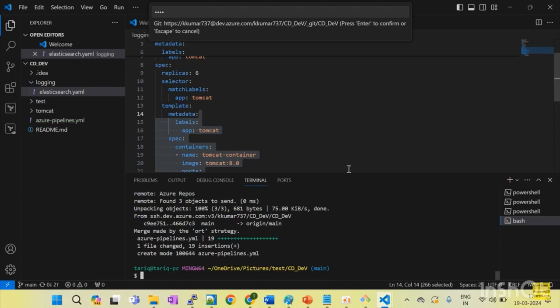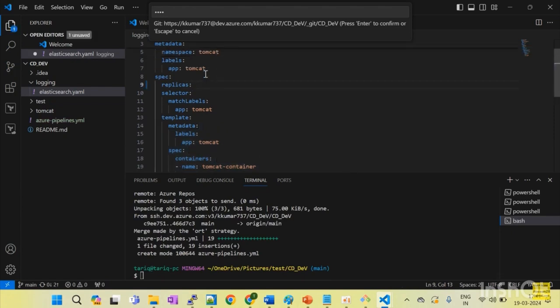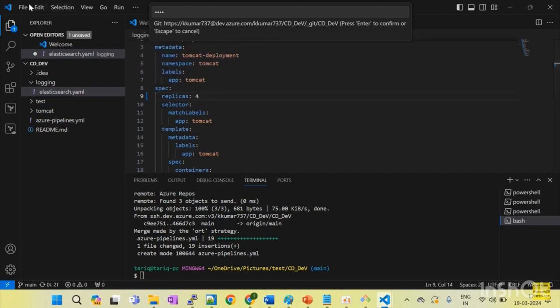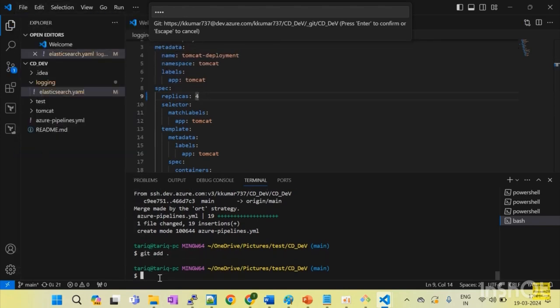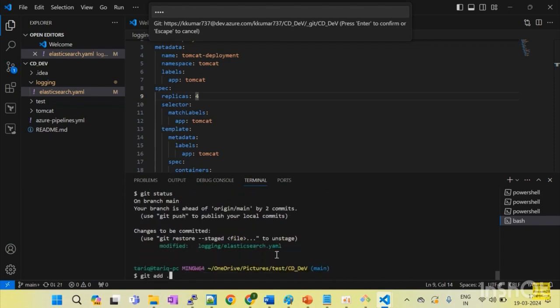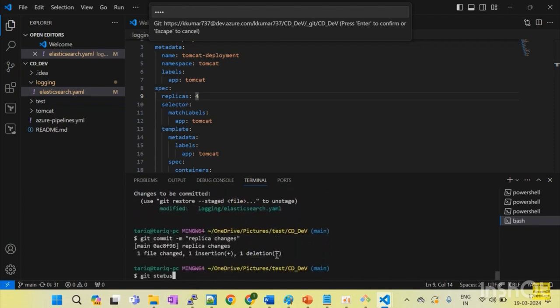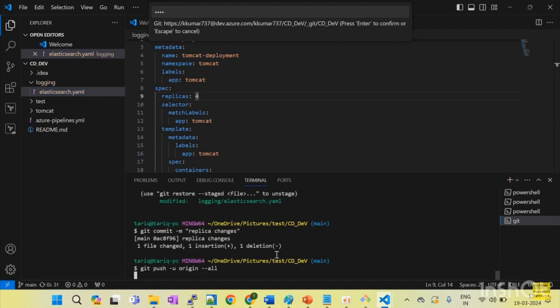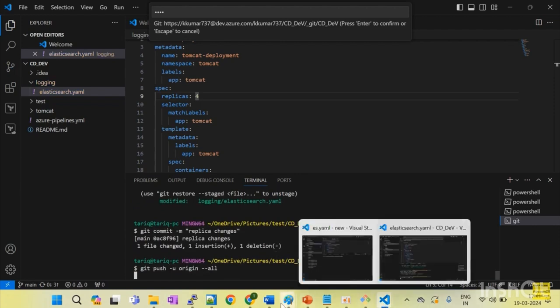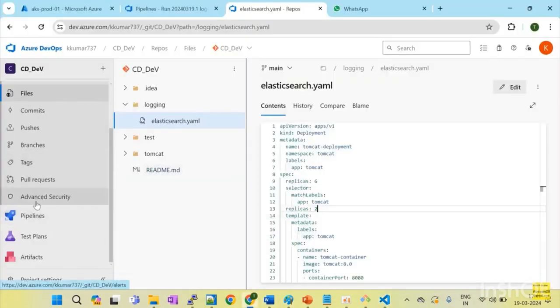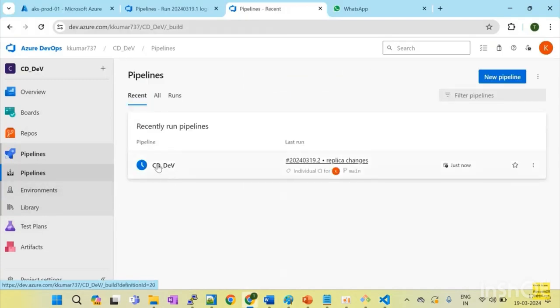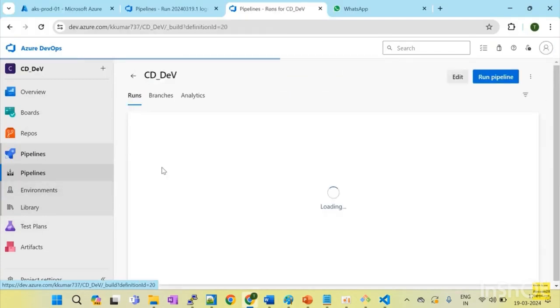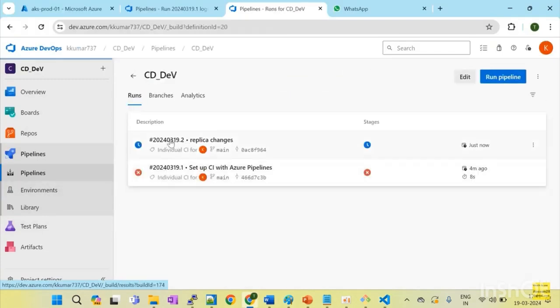And now we have to do some changes. I'm going to do some changes, and we have already specified. Let's save it, and then we have to do git add, git status. First we have to check the status, then we have to run git commit, then git push. Let's see whether our pipeline has been triggered or not. So now you can see my pipeline has been triggered, CD dev,